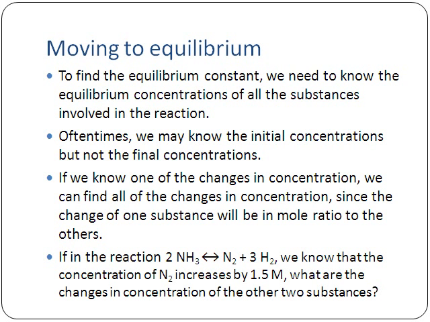So here's what we know, based on what we talked about last time: to find the equilibrium constant, we need to know the equilibrium concentrations of all the substances involved in the reaction. We had each of the concentrations, the ones on the right side on top, the ones on the left side on the bottom, each of their concentrations raised to their coefficient power. But if we didn't know one of those equilibrium concentrations, then we really wouldn't be able to find the equilibrium